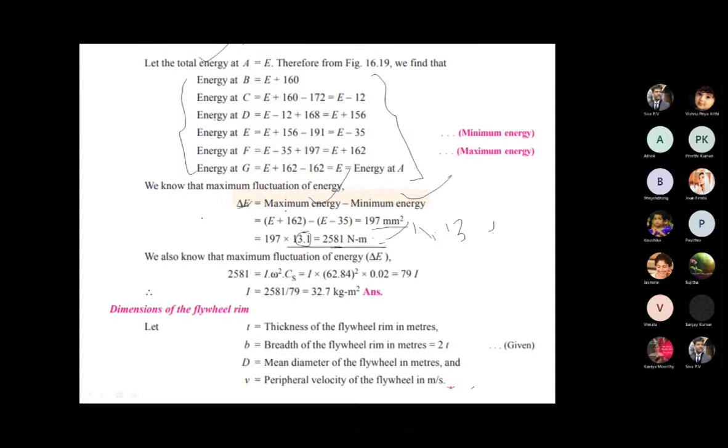And the delta energy is always in terms of mm, but we want it in terms of torque, in Newton meter, so we will convert it by multiplying with 13.1, so 2285. So the delta E value, the formula will be delta E equal to